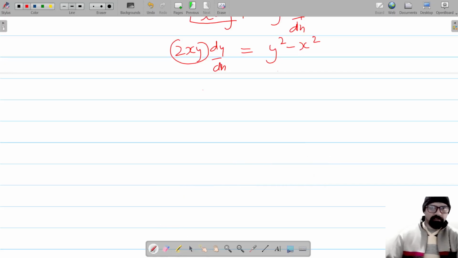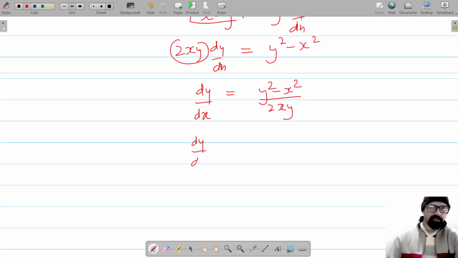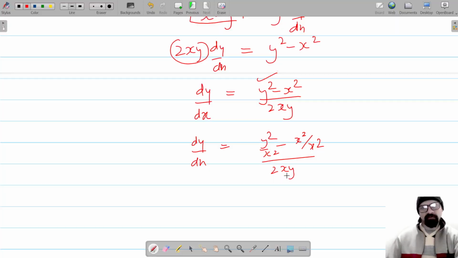इसे इस तरीके से करते हैं। 2xy से डिवाइड किया तो ये बन जाएगा y, x²। तो इसे यहाँ ले आते हैं तो ये बन गया (y² − x²)/(2xy)। ओके। तो अब हर एक टर्म को डिवाइड करेंगे x² से। तो dy/dx, हर एक टर्म को x² से डिवाइड किया तो ये बन जाएगा y²/x² − x²/x² और ये बन जाएगा 2xy को डिवाइड करना है x² से। तो ये तो कट गया वन, ये यहाँ रह जाएगा y/x।